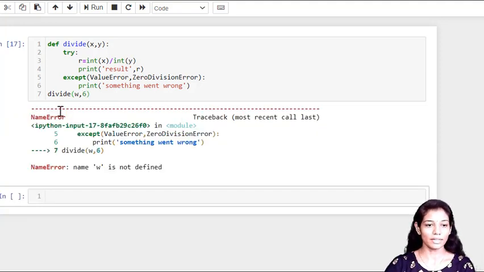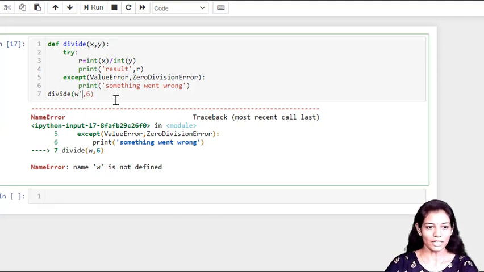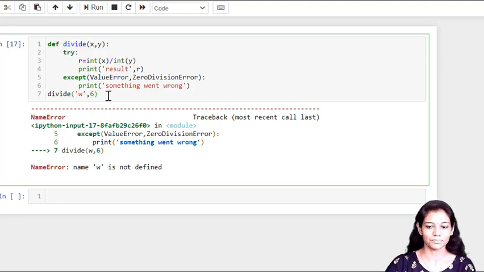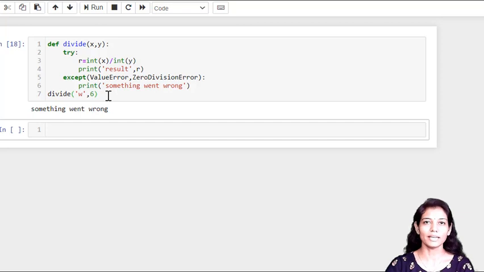Okay, it has also generated this error, w is not defined. I need to convert it into a character, because here it was taking w as a variable. So this is also another kind of error, a NameError, that I can handle. So yes, something went wrong. In both cases I am able to handle it and my program will not crash. It has given me a proper message.